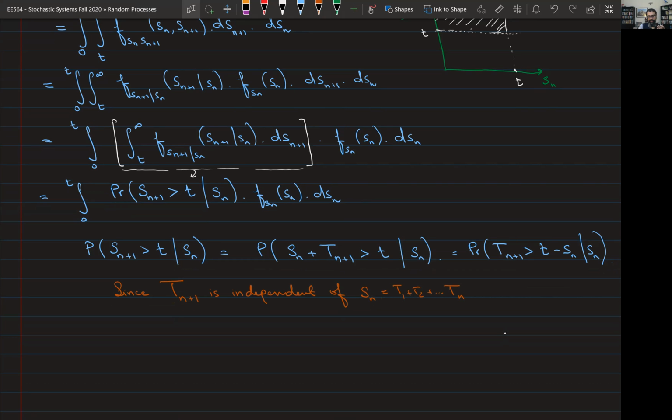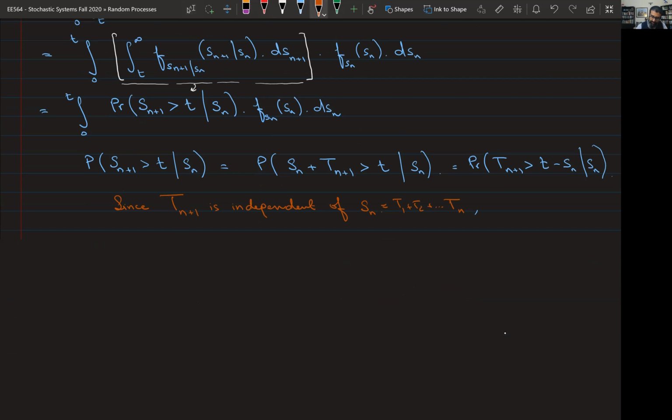And since T1 is independent of Tn plus 1, T2 is independent of Tn plus 1, and all of these T's are independent of Tn plus 1, their sum will also be independent of Tn plus 1. So that's the argument that I'm going to make. The conclusion, therefore, is that since all of the random contributions in Sn are due to random variables that are all independent of Tn plus 1, Sn must be independent of Tn plus 1 as well. And because of this independence, what we have is,